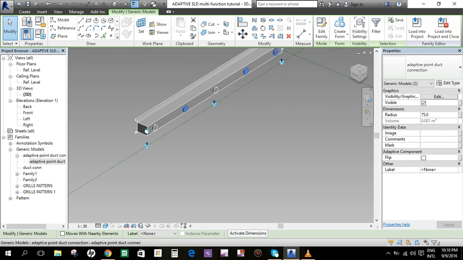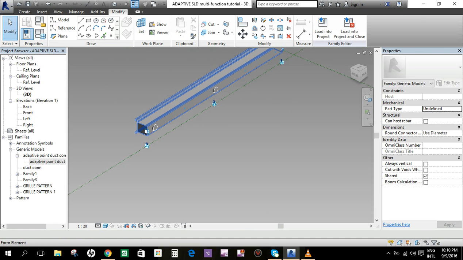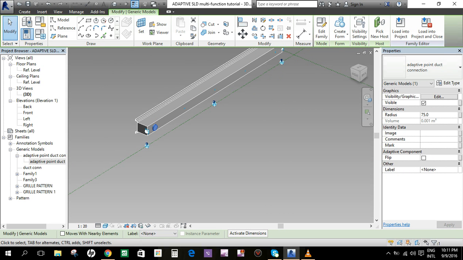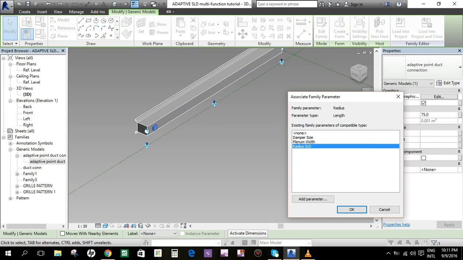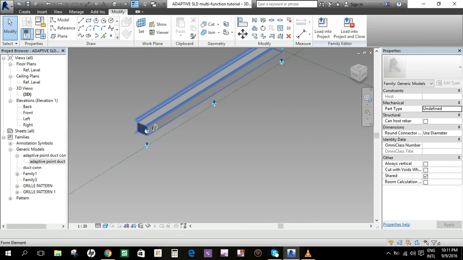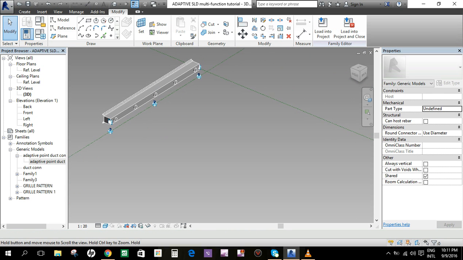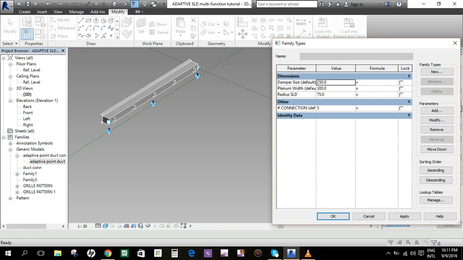We delete this one. I think it's not associated with the radius SLD. Select this one, repeater. Now we double check again the radius. We check 150. It's functioning now. 75.